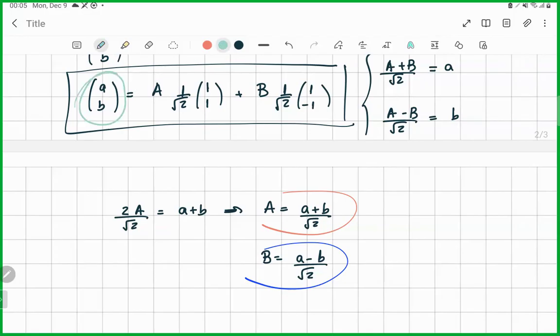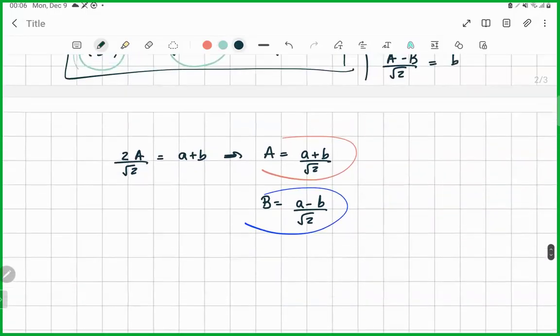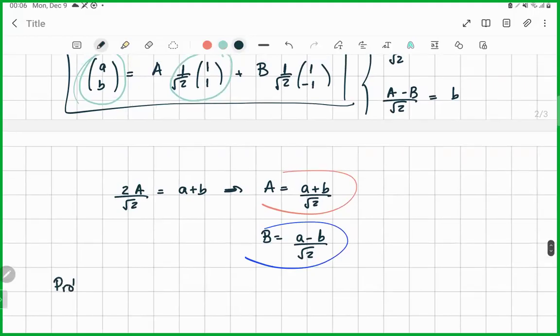So if we are given this state here, the question now is, what is the probability that when we measure Sx, we are going to get the state chi plus, that we are going to collapse the spin into this state of chi plus? That is, what is the probability that we are going to measure plus h bar over 2 for Sx? And what is the probability then? The probability that we get plus h bar over 2 when we measure Sx is